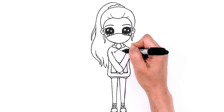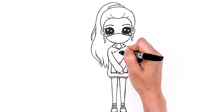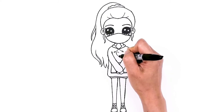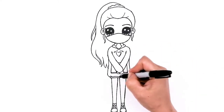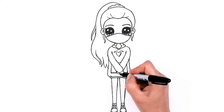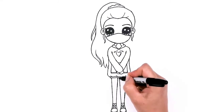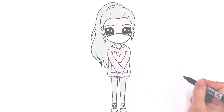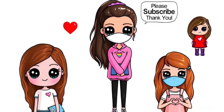string right here for the tying part of her hoodie. And then of course I'm going to add a heart right here. For my Draw So Cute girl, of course. And that is, oh wait, one more thing right here. Some creases right here. So we know it's nice and baggy. So they're all done. I really hope you love this new Draw So Cute back to school girl, and